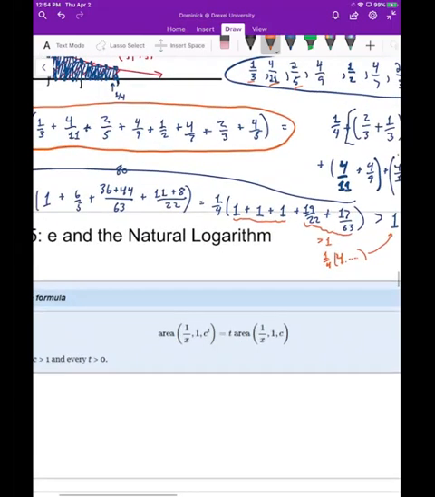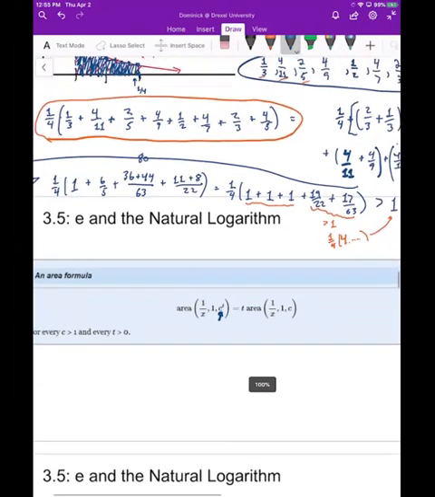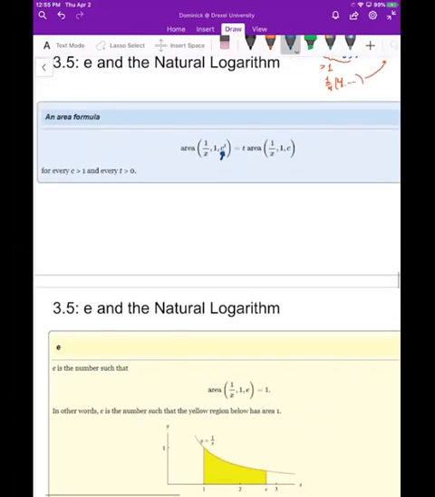Okay, now one nice property of this is that if you want to find the area, again, between 1 over x and the x-axis from 1 to a certain point, if that certain point is a power, you can bring that power out front, sort of like the logarithm rule, all right? So that's one thing that we can do here. Now we're going to use this property, I think in an example coming up,